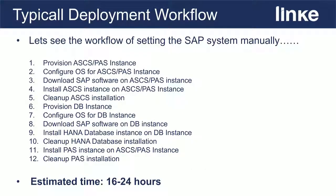Okay, so how would the typical deployment workflow work? So now we know we want to deploy the architecture we mentioned before, but instead of doing it through automation, let's face the work manually. So in a typical world, as a rough series of tasks,